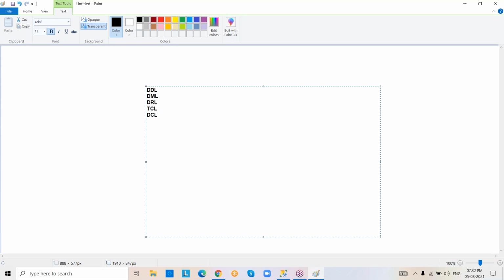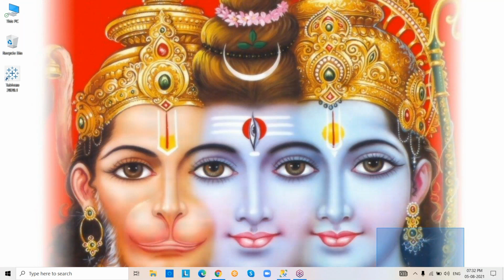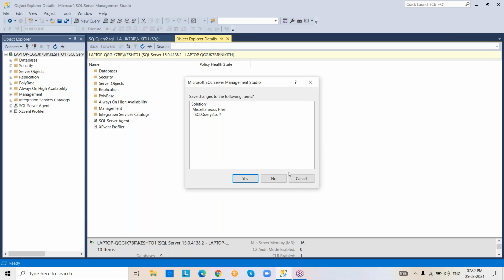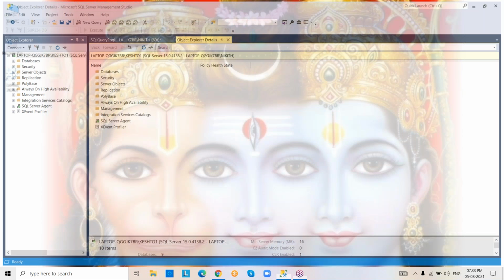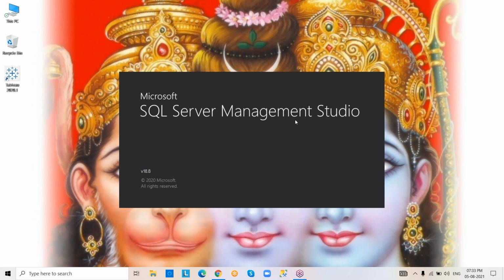How to connect to SQL Server we have seen already. So now I'm going to start with the DDL commands today. Okay, now I'm going to show you. I already connected, but again I'm closing this window. I'm going to show you how to connect to Management Studio, and I will explain how to create a table clearly.